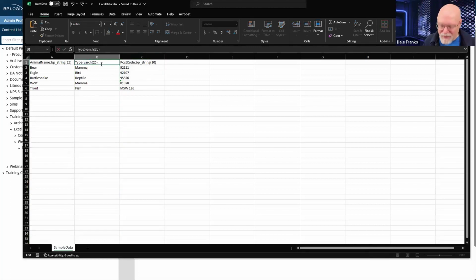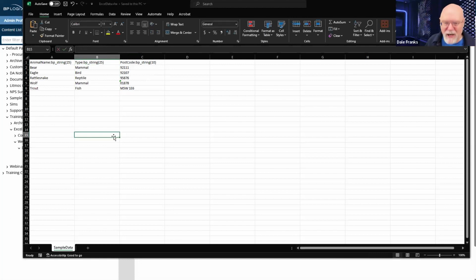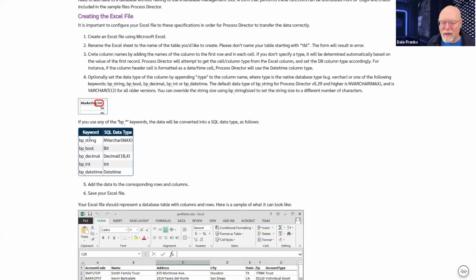So I'm going to go back to BP_string, which I think is good enough for most cases. I mean, if you know the SQL data types, good for you. You can use them as I just did, but I think for most of us who don't use SQL all the time, the keywords that are listed here on this documentation topic are going to be the ones that help us.